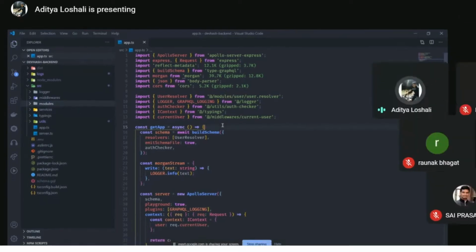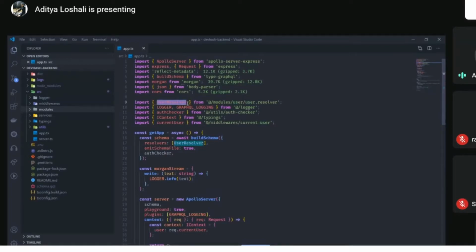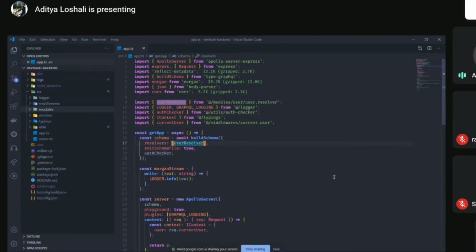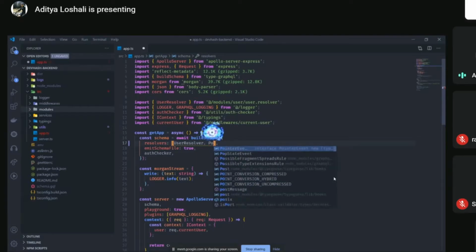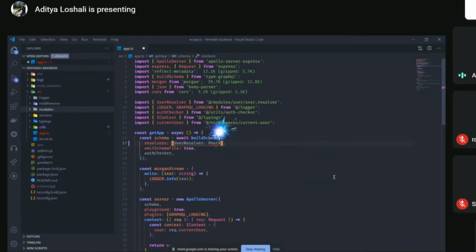From that module for GraphQL, we just have to import the resolver file and integrate it here. Just pass it into an array. In future, if we have a post module, we'll just pass the post resolver into this array. This way.